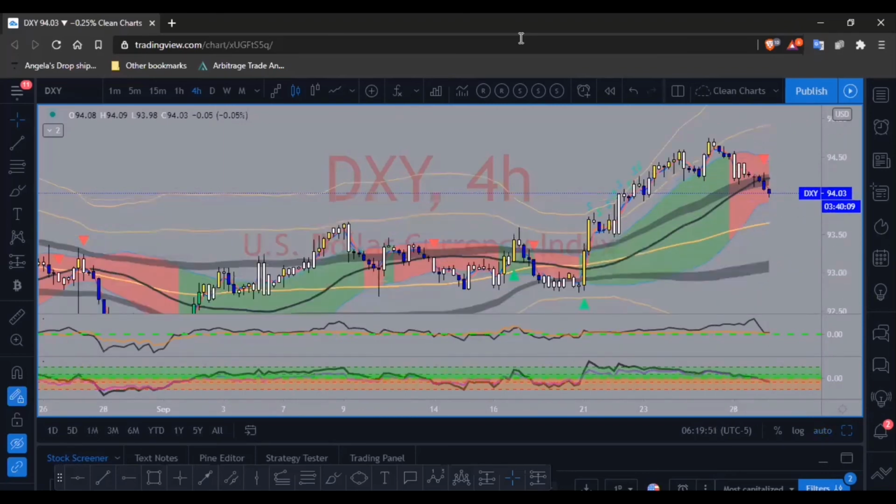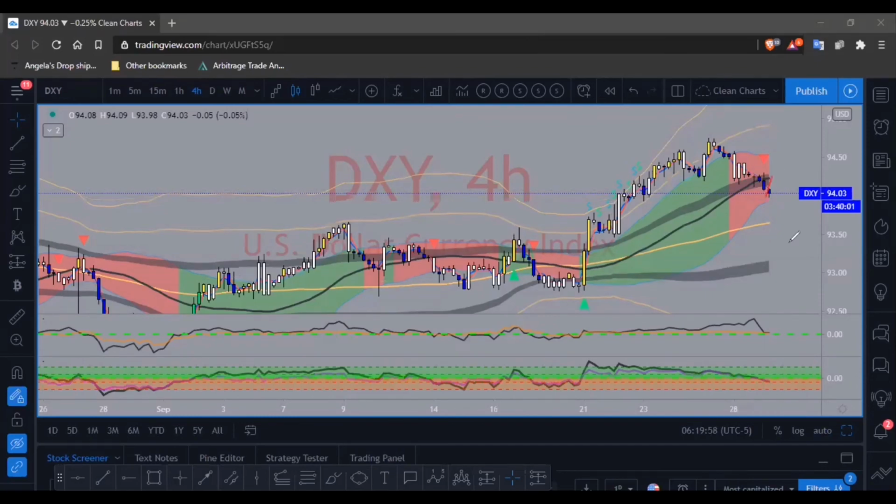I do probably expect, let me get my annotation tool, I do probably expect price to come back up a little bit this morning and then drop. Like I mentioned, I would rather price come over. Oops, that is terrible. Clear all drawings. What I want to see is for price to come over here and retest this arbitrage mean line in the middle, so it could bounce off of there, then continue on to the upside. So that's what I'm looking for on